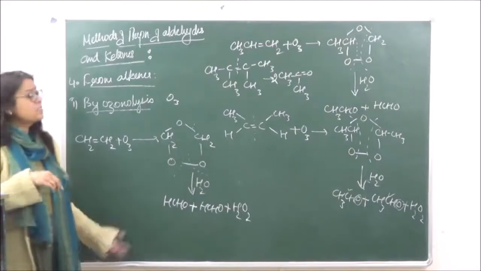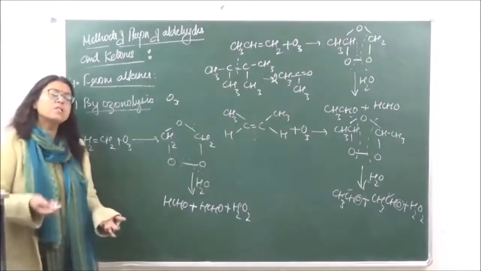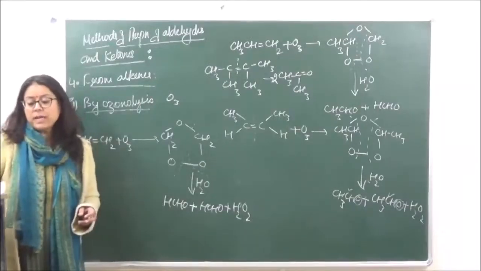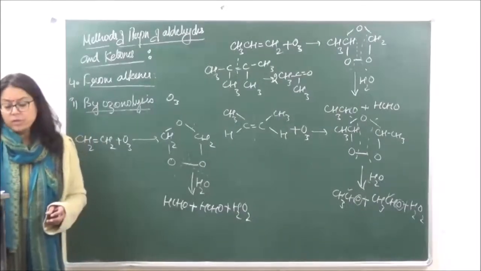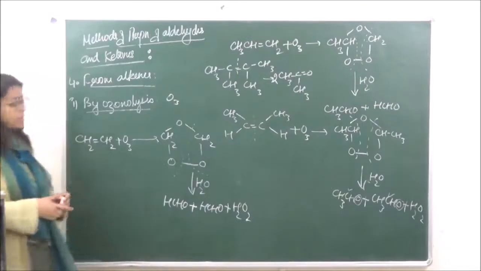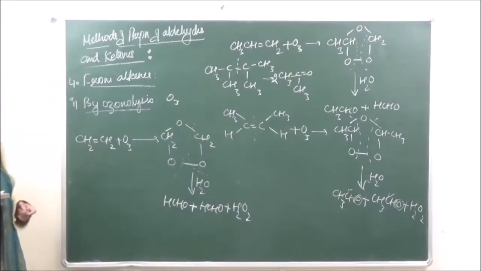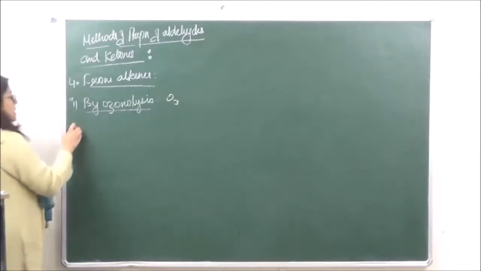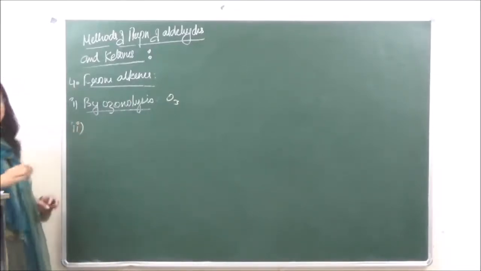From the reactants you can work out the products, and from the products you can also work out the reactants. This is the kind of question which generally comes to you. Okay, so this is what ozonolysis is. Now, the second method which we are doing in this case from alkenes is the oxidation of alkenes